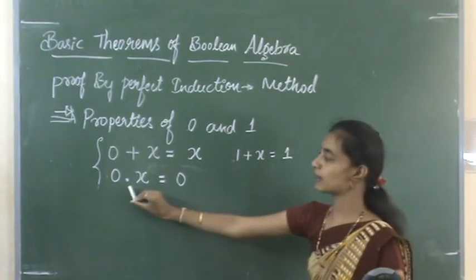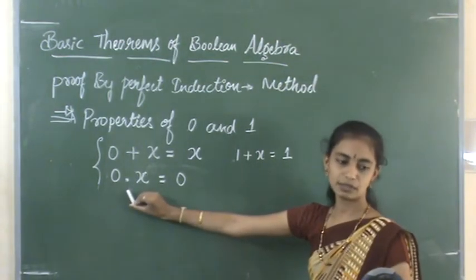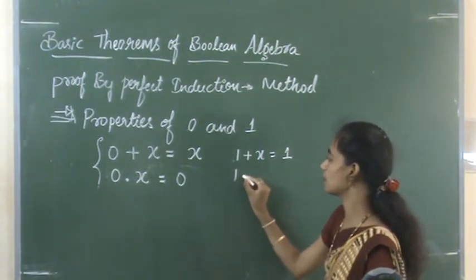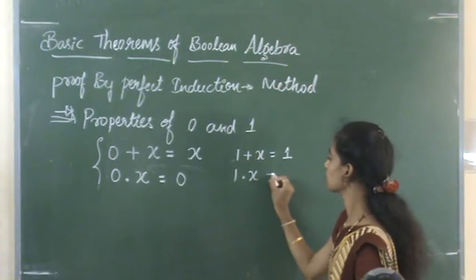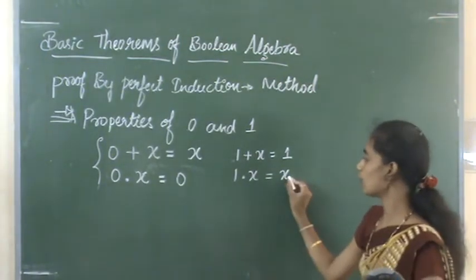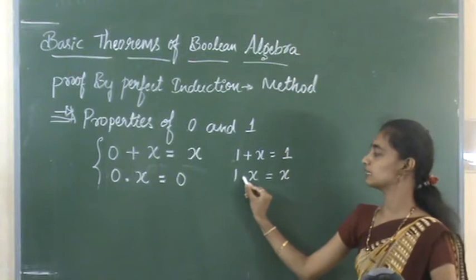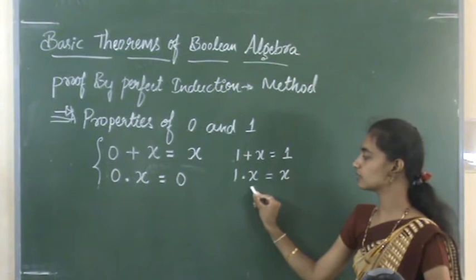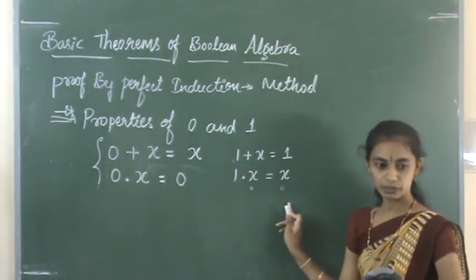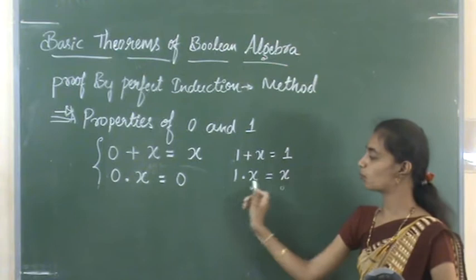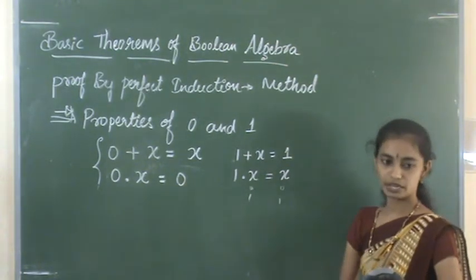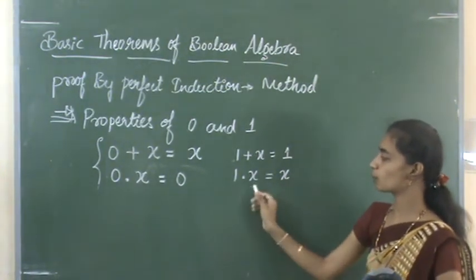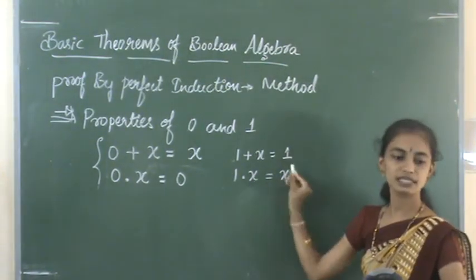In the same way, if I multiply the variable with 1, we are performing the AND operation, and we will get the value of x. If I multiply 1 with 0, I get 0. Whatever x value I provided will be the output. If I multiply 1 with 1, the output will be 1, which means we get the same value as whatever x value we provided.